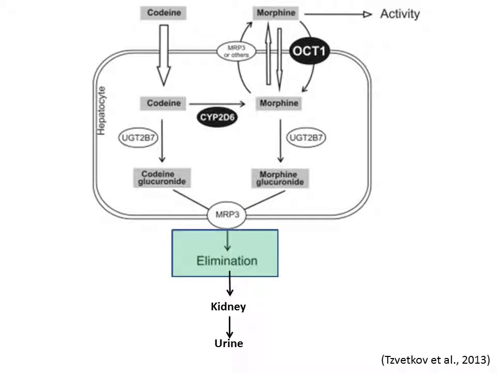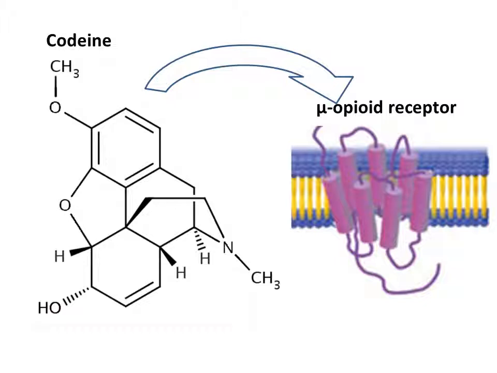Studies indicate that 95% of a single dose of codeine will be excreted within 48 hours, predominantly in the form of codeine 6-glucuronide, unmetabolized codeine, and morphine 3-glucuronide. The codeine metabolites that aren't excreted may go on to exert their activity. The target of codeine's toxicity is the mu-opioid receptor. However, codeine shows a very low affinity for this receptor, so it is through the metabolites that it exerts its mechanism of action. This makes codeine a prodrug and the parent toxin.